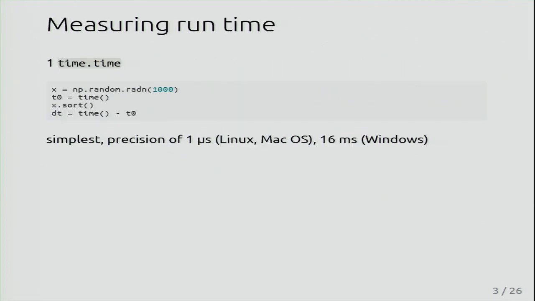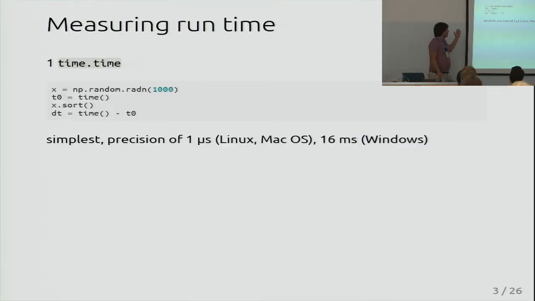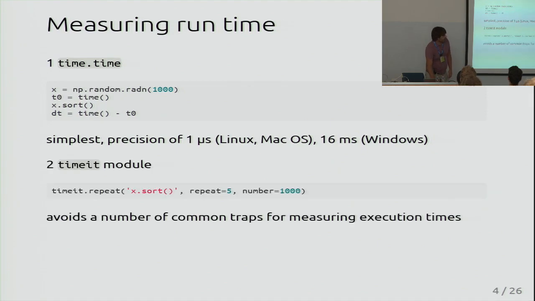The easiest, most straightforward one is just calling time, right? So we have a timer and then we take the difference and that's it. One of the issues with this is that, for instance, on Windows, time is not the right timer, and the precision is pretty bad. Which means that if we measure something fast, we will not get a good accuracy. In particular, the timeit module exists in part to address these concerns.